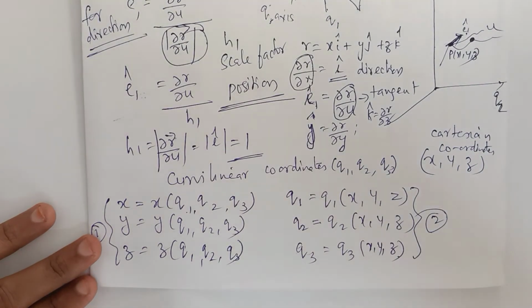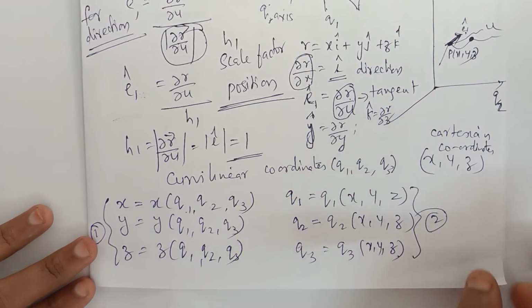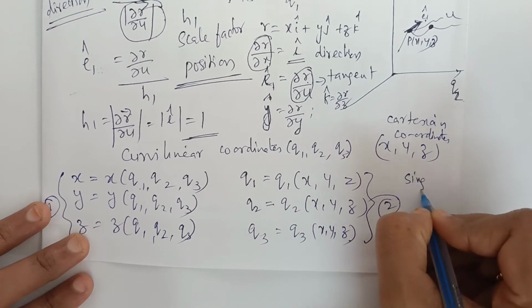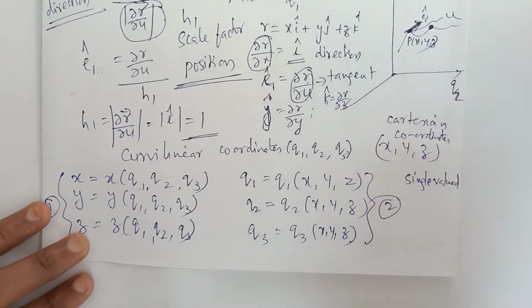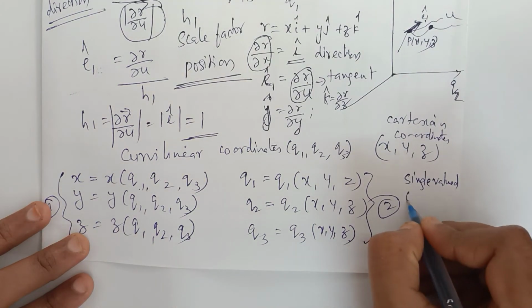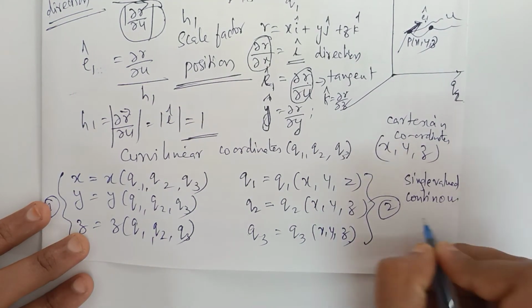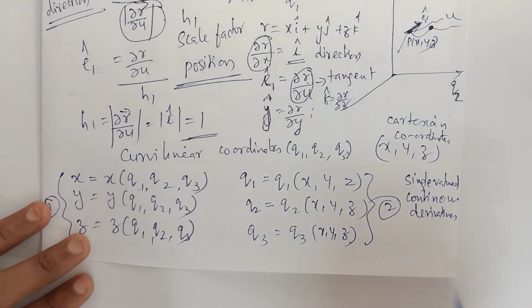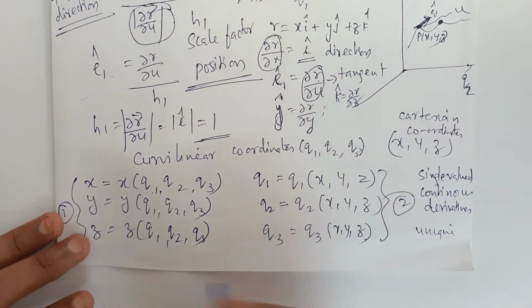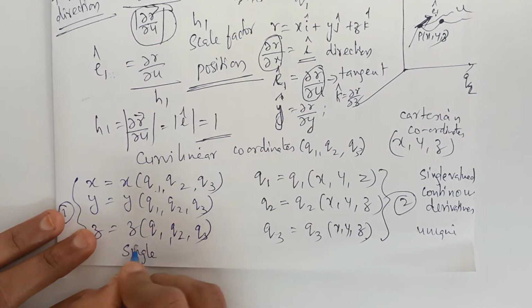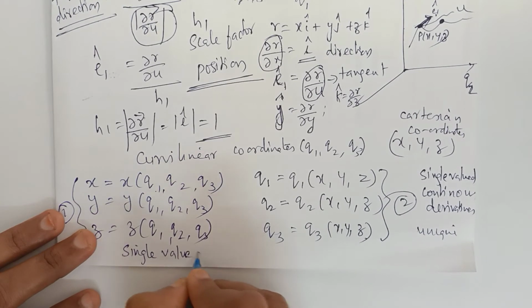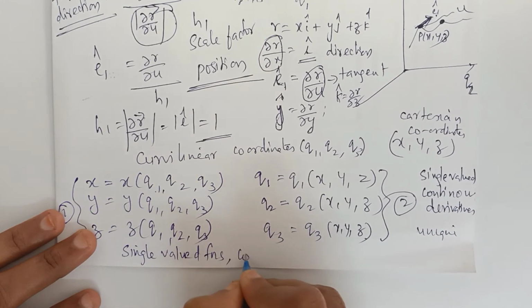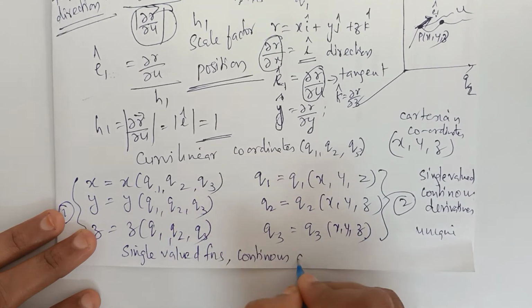Assume that this is equation 1 and this is equation 2. If the functions in these two equations are assumed to be single valued functions, and if they have continuous derivatives between these coordinates, then they are said to be unique. So the functions should be single valued, and they should have continuous derivatives,